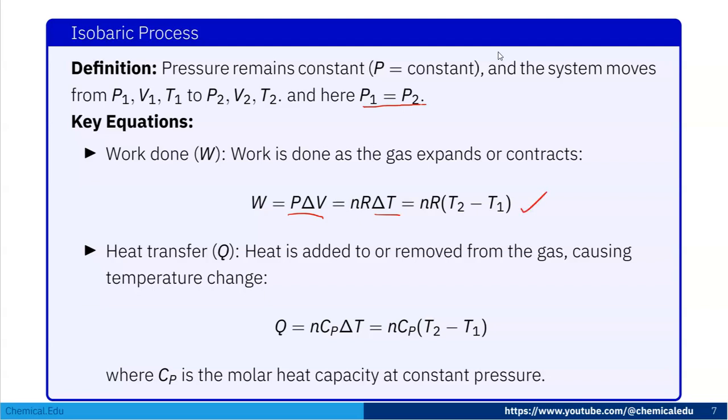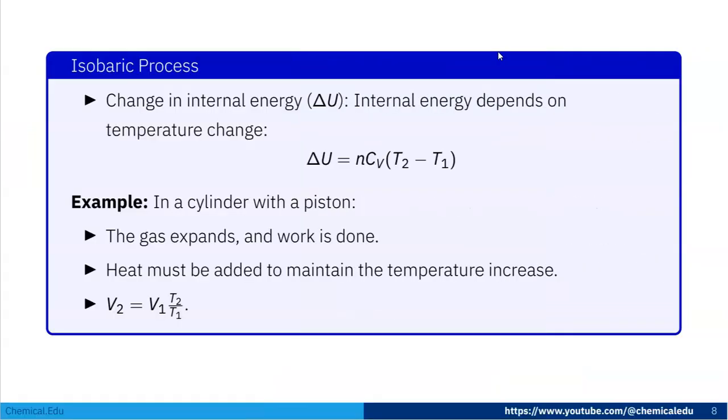And heat transfer, heat is added or removed from the gas causing temperature change. So Q is equal to nCpΔT, so nCp(T2 minus T1), where Cp is the molar heat capacity at constant pressure. Now the change in the internal energy ΔU, internal energy depends on temperature change. So ΔU is equal to nCv(T2 minus T1). Now here in the example, in a cylinder with a piston, the gas expands and work is done. Heat must be added to maintain the temperature increase. So V2 is equal to V1 T2 by